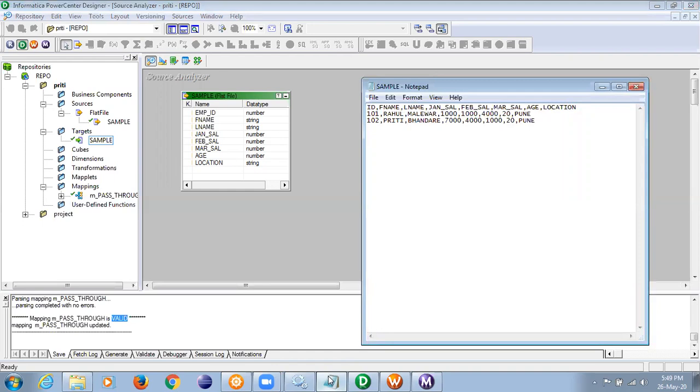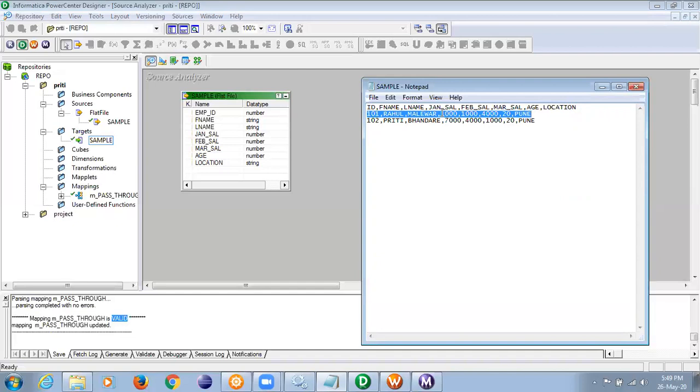So the question is, please understand the questions. Again, I am saying we are now adding some manipulations. What we have done as of now is that we have only taken the data as it is from the source and loaded as it is into the target. We now have to add the manipulations. Before I proceed, I hope by now you must have understood that Informatica processes the data one row at a time.